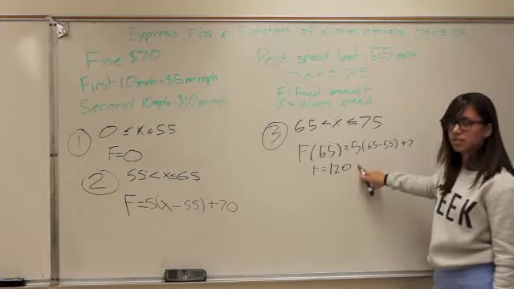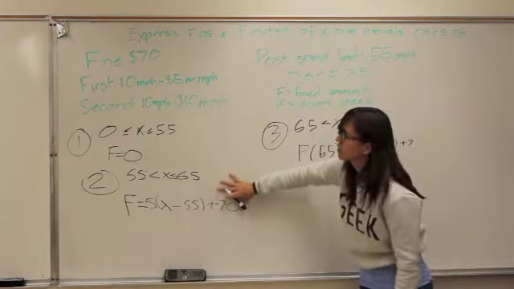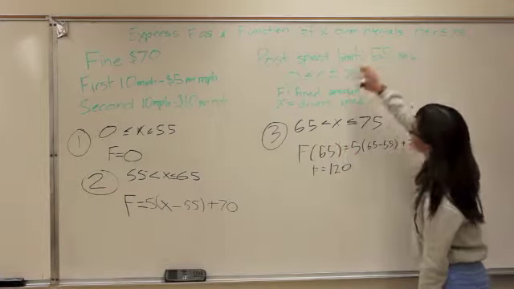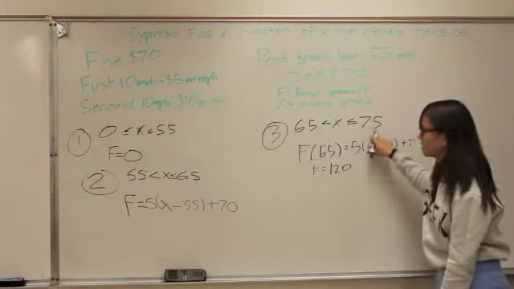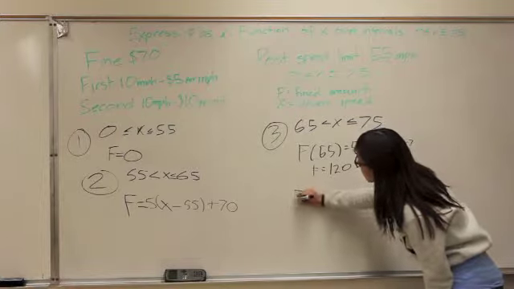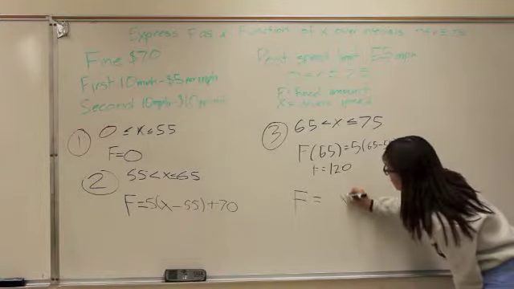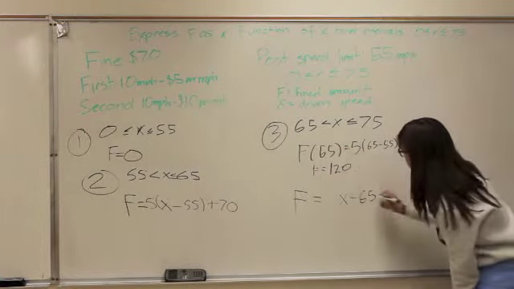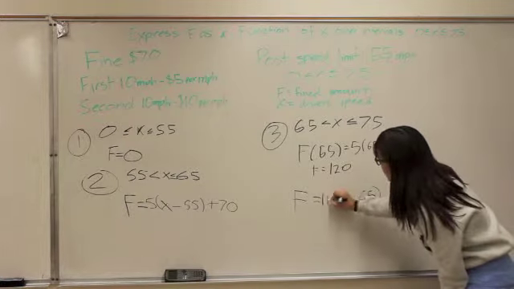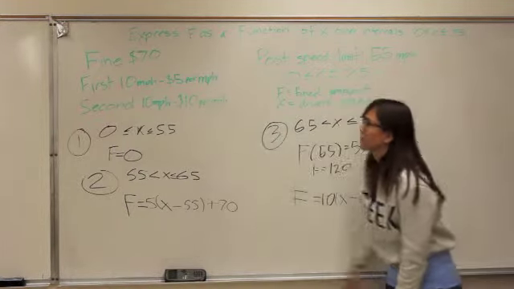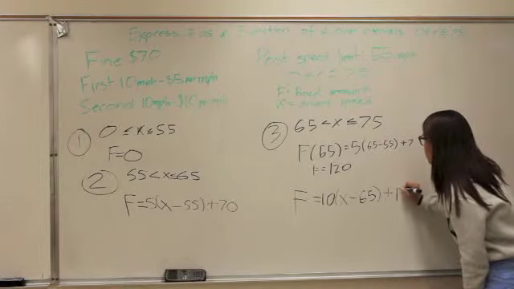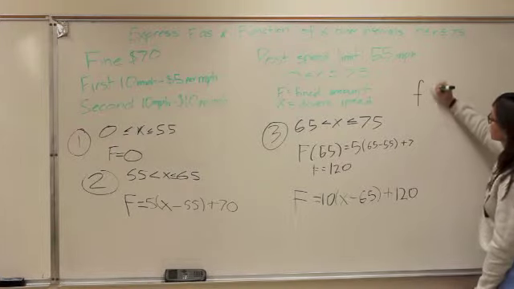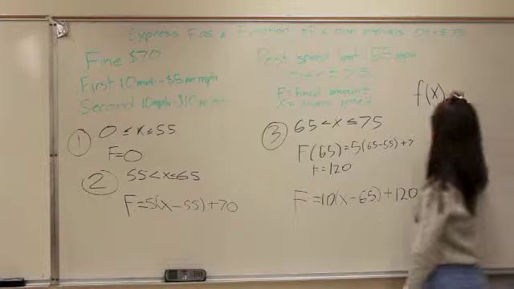So this is the fine amount for the first time you go over 10 miles per hour, which we will use to get the final function for the interval 65 to 75, and that would be setting f equal to x, subtracting it from 65, because that is the interval 65, multiplying it by 10, as that is the next 10 miles per hour charge, and adding that to your fine charge of 120, which would make the function then equal to